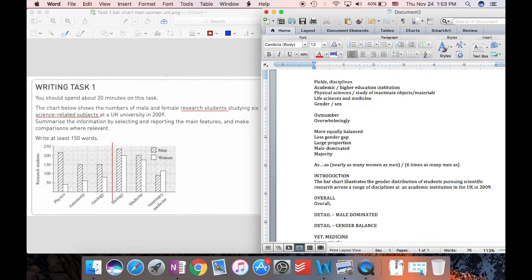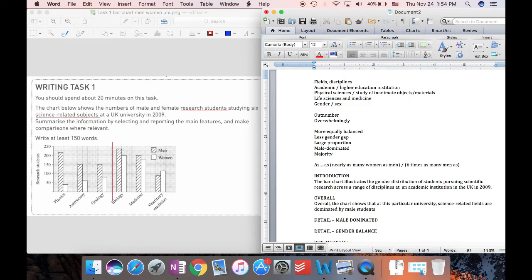So overall, what does the chart show? The chart shows that, again, at this particular university, I could say higher education institution perhaps. Again, you don't need to paraphrase everything, but try and paraphrase quite a bit. The chart shows that this particular university, well, the overall picture, all 6 subjects men dominate. So science related fields, you could say, are dominated by male students,